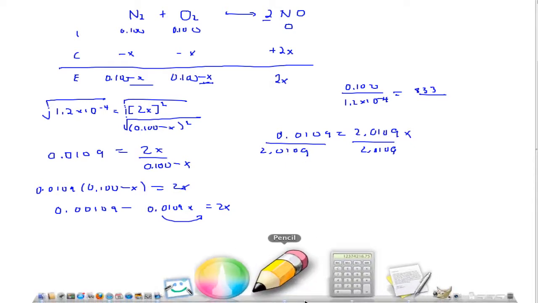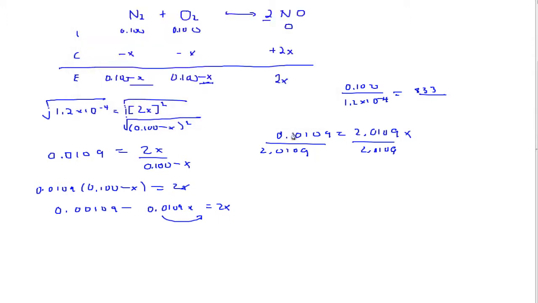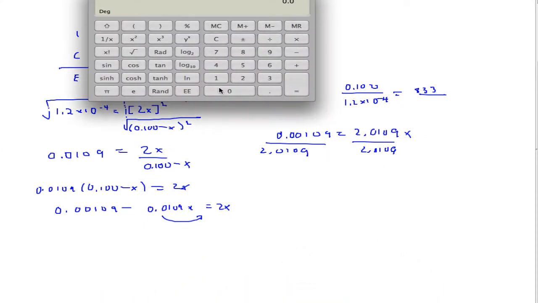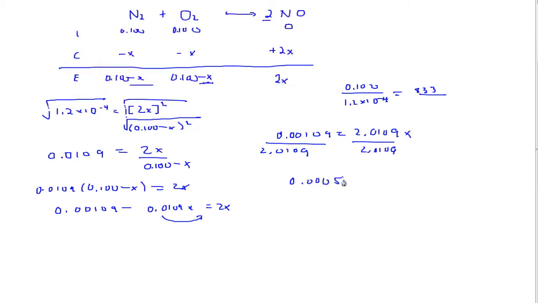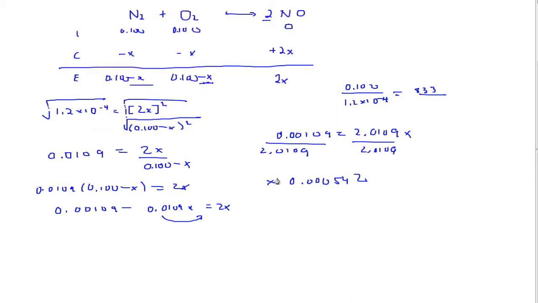Let's get our calculator out again. So it'll be 0.0109 divided by 2.0. Whoops, no, I did that wrong again. Forgot to put a 0 right here. So here's my calculator, which is 0.00. Oops, make sure I clear everything. 0.00109 divided by 2.0109 gives us 0.000542. Well, let's double check. Yeah, so x is equal to